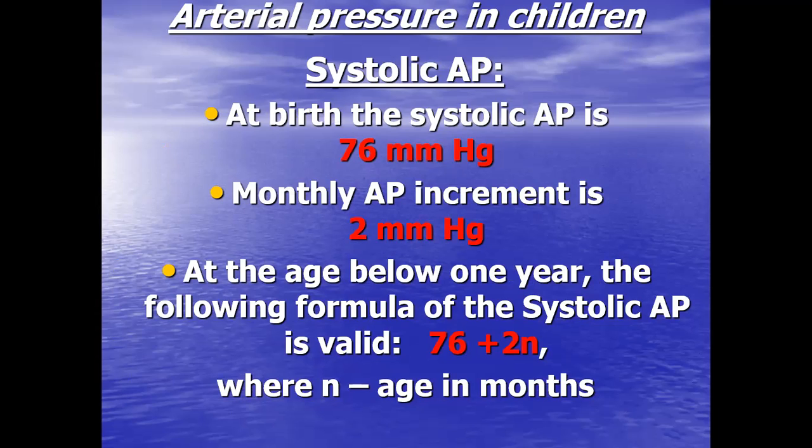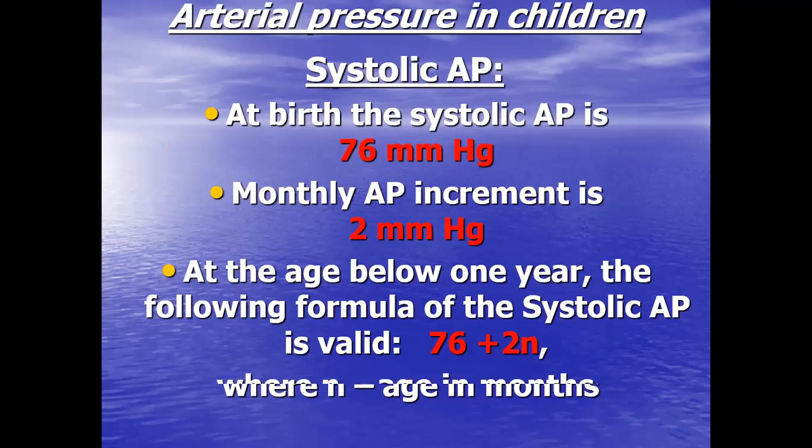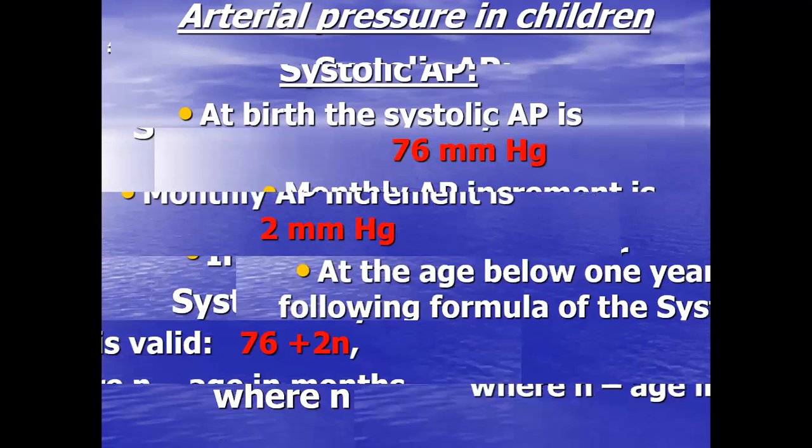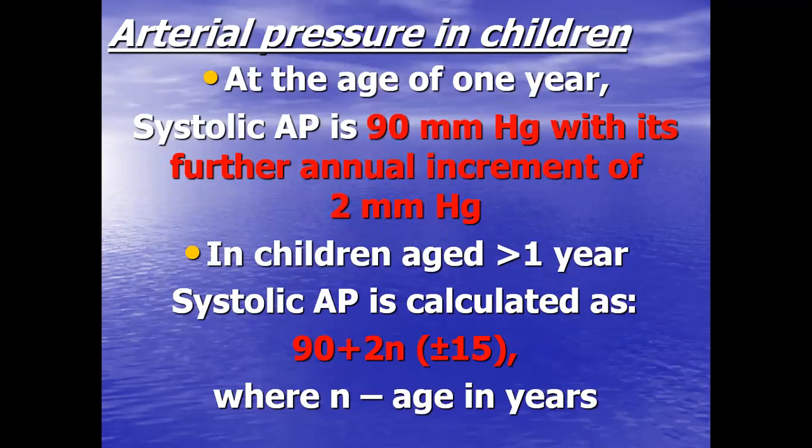And for calculation of the normal systolic arterial pressure for a child below 1 year, we can use the following formula: 76 plus 2 multiplied by n, where n is the age in months. And so at the age of 1 year, systolic arterial pressure is 90 millimeters of mercury, with its further annual increment of